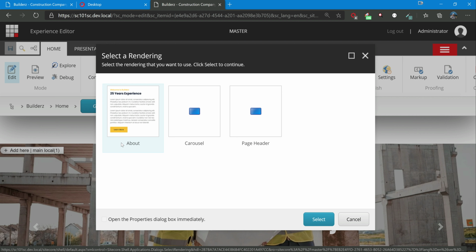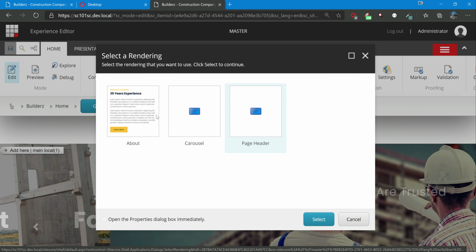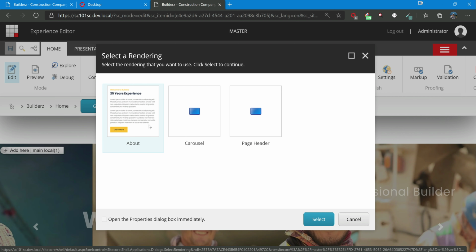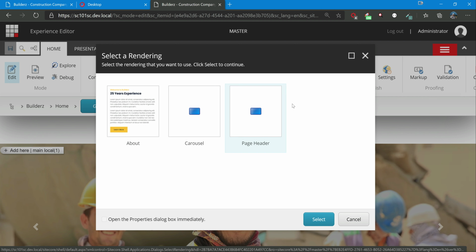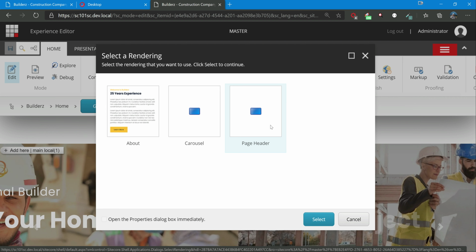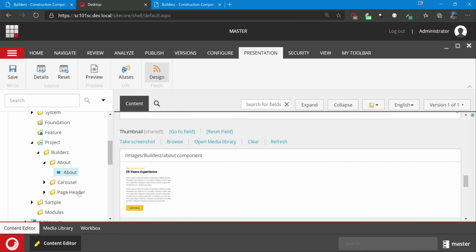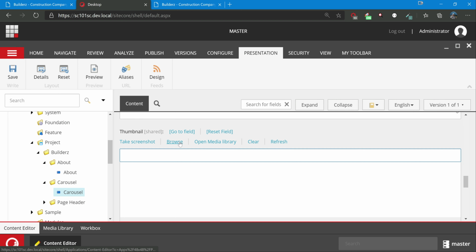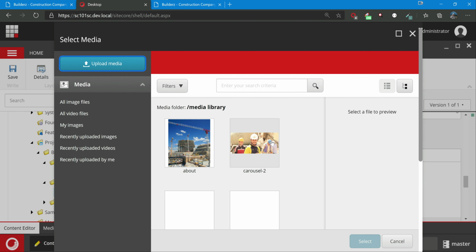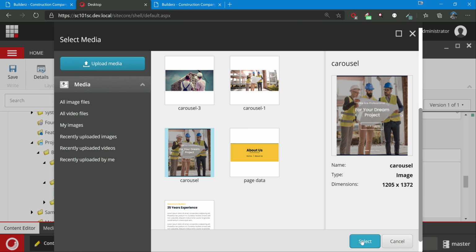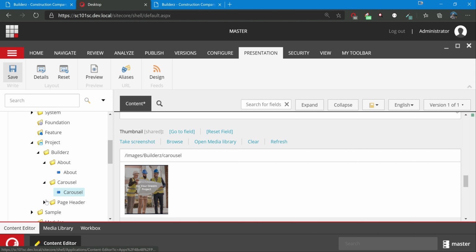When the content author comes to this pop-up, they will be able to understand, okay, if I add this component to the page, this is what it looks like. And like all other components, it will be easy for them to understand and select the right component. Let's just add for the other two as well. So carousel, the thumbnail we already uploaded, so we'll just use that. Carousel, yeah, save, page header,